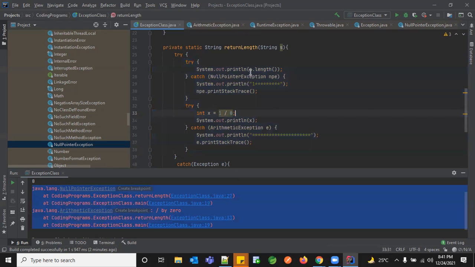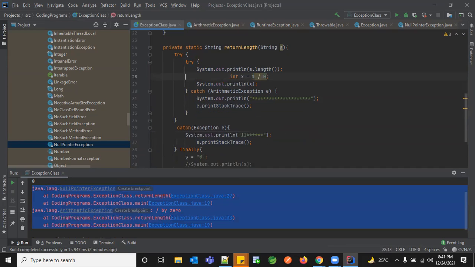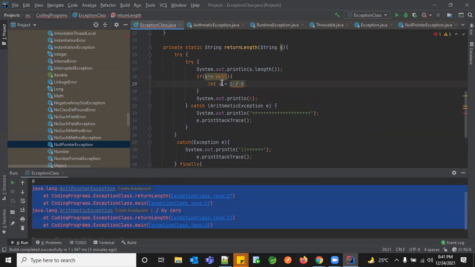So right now, my S dot length is not dependent anywhere in the next piece of code. That is the reason I was handling it independently. But if you want to suppress that exception, you need to do this in this way. But if you have a dependency on this value, so now after this S, if I want to avoid my null pointer, I can do a null check if S not equal to null. Only then get my S dot length.